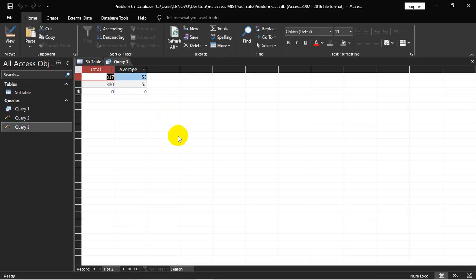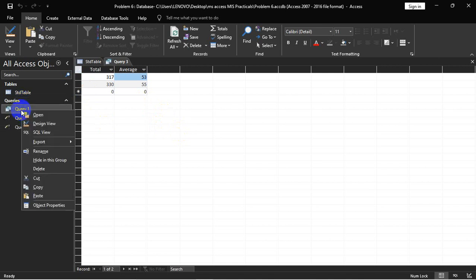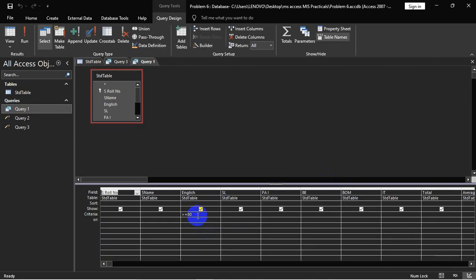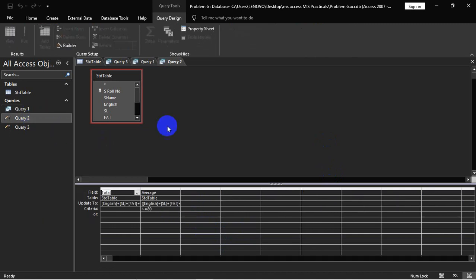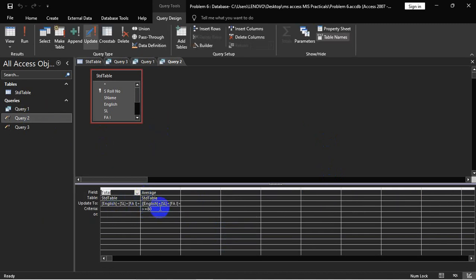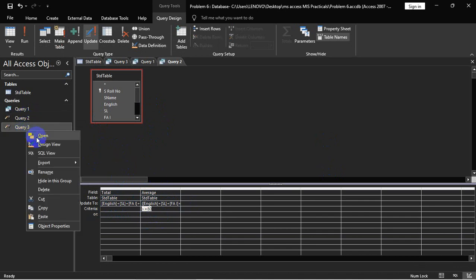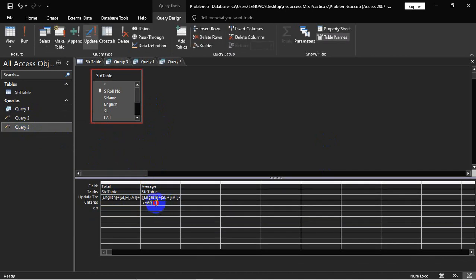That's how we solve it. Just pause the video for this question, understand it very well. I'll show you one more time. These are the queries. The first query is any subject above 80, so I have done this. In the second one you have to update all the information, total and average, and this average should be above 80, so I have given that here. And in the third query you have to give less than or equal to 60, so I have given that here.